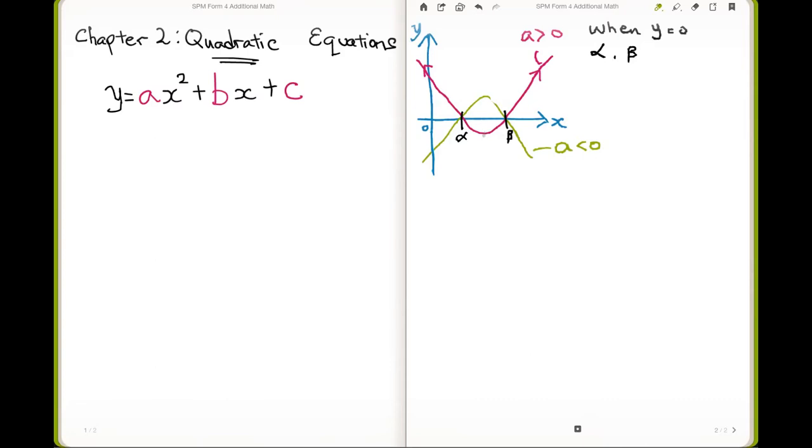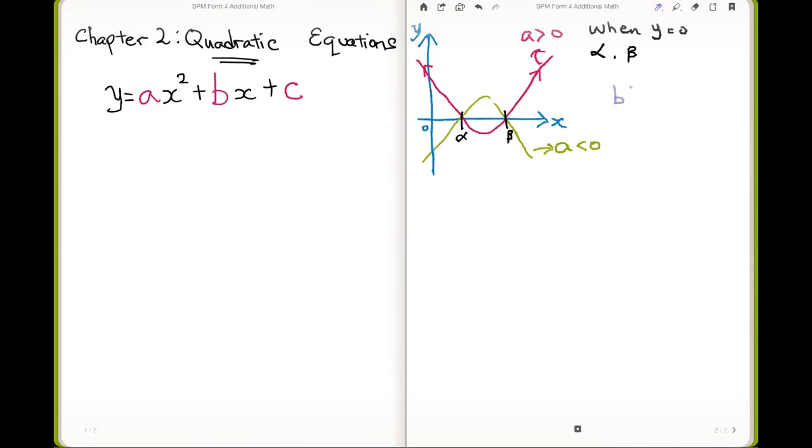We'll talk about the turning point in the next chapter. But for now, a U curve is defined when A is more than 0. An N curve is defined when A is less than 0. So we get our definition clear. Now, this condition in order to have two different roots, or two distinct roots, is when